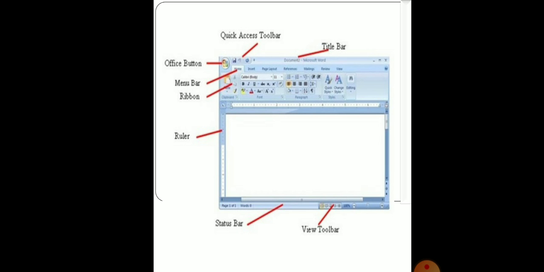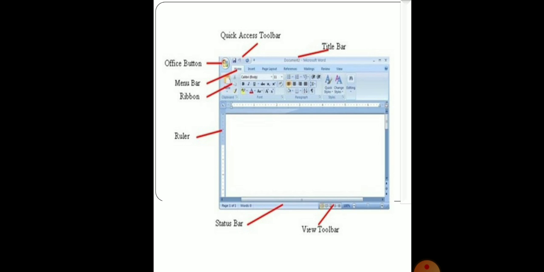Basically, dear students, this ribbon replaces the menus and toolbars that were available in previous versions. So if you look at some previous versions of Microsoft Word, in those versions we have the options for menus and toolbars, but these options are replaced by the ribbon.